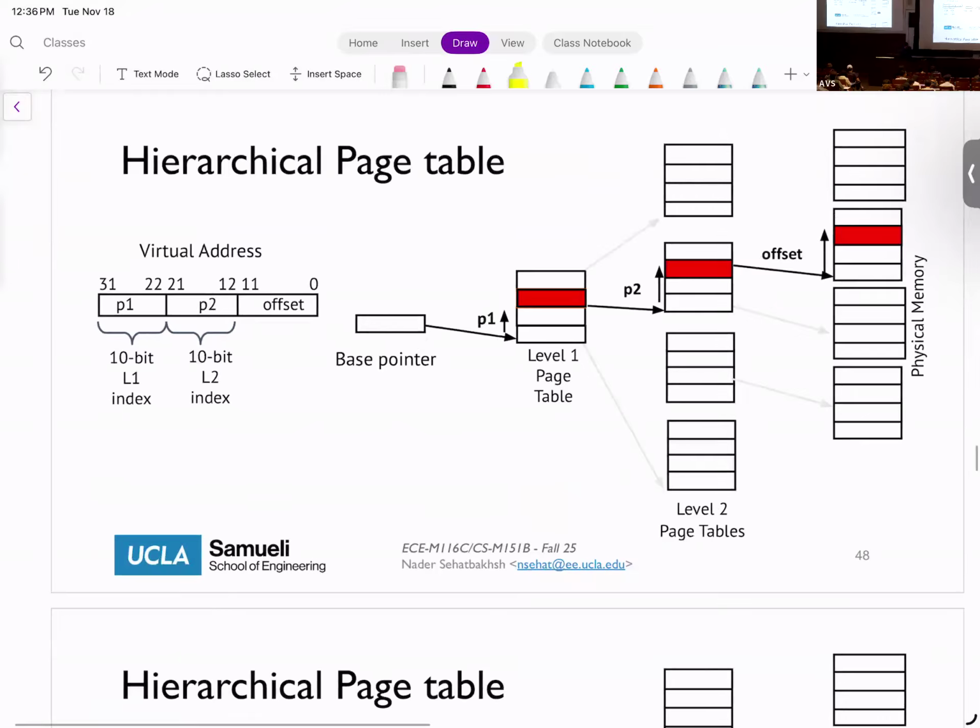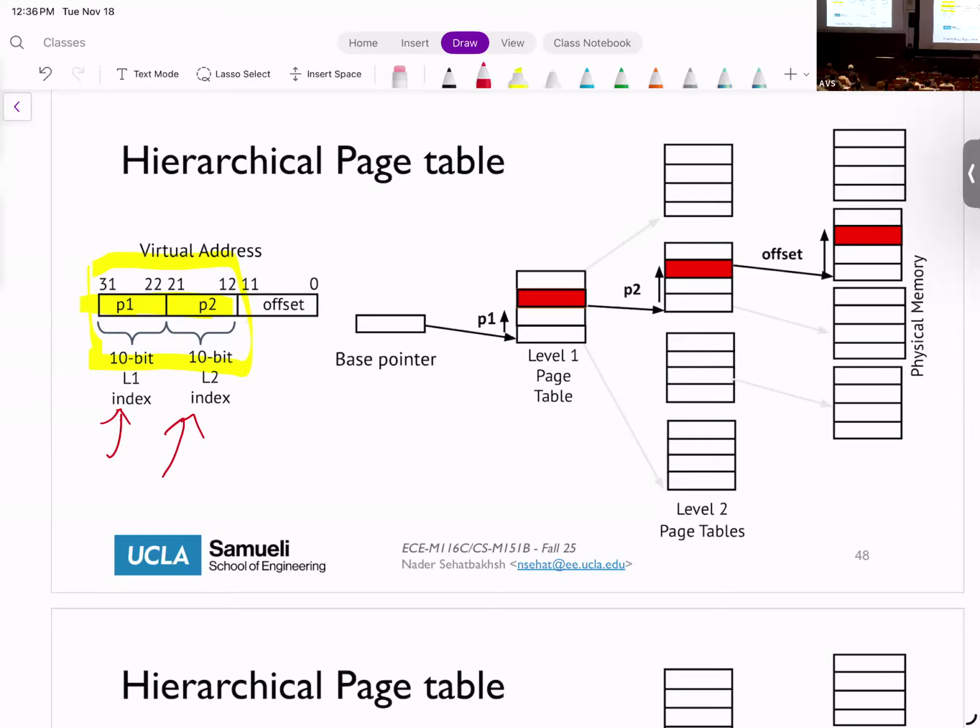So essentially, the idea of hierarchical page tables is like this: instead of taking the entire address, remember that originally this was your VPN and you were indexing in a table of that size. What we can do is have, let's say, two levels of page table, level 1 and level 2.